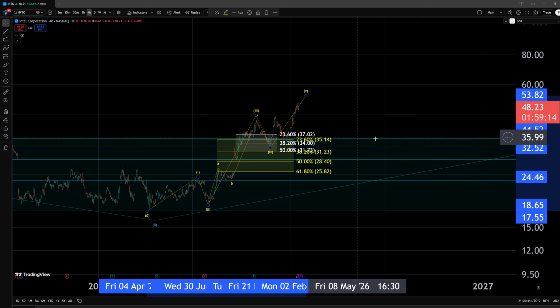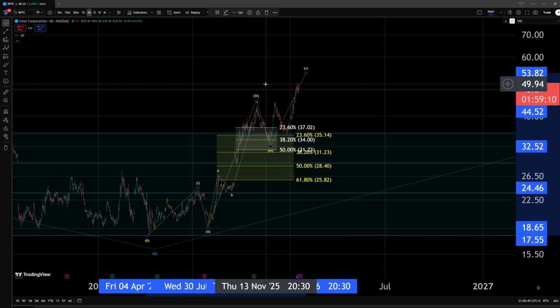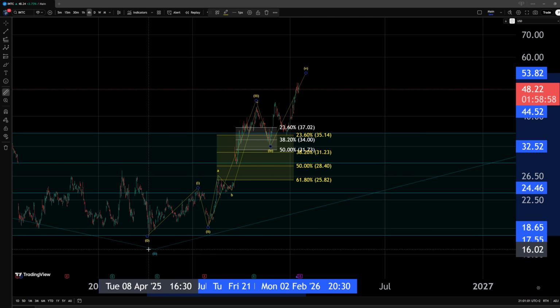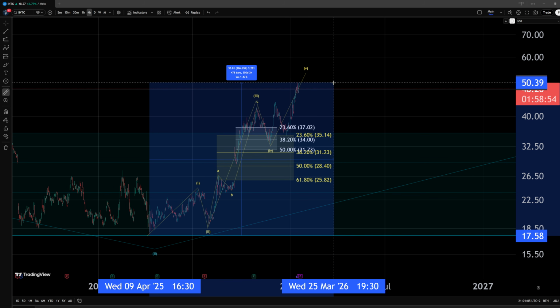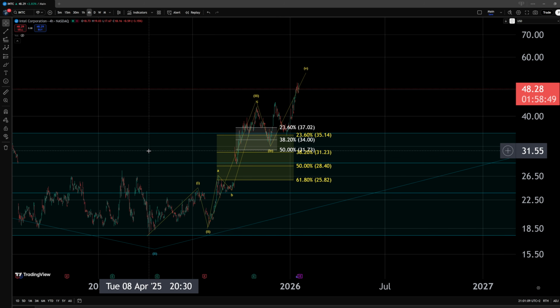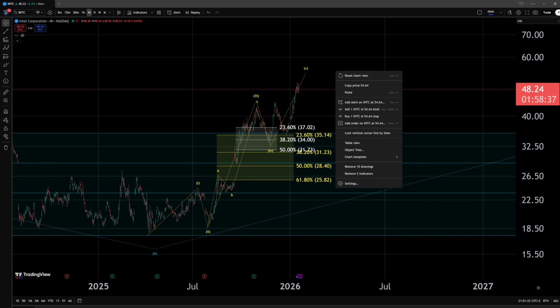Now, I cannot guarantee this will actually play out in this manner, but there are signs that this is coming towards the end of its uptrend. It's not a must, but it is certainly within a risk area. Keep in mind, from the local low we have formed within this wave 2 correction in blue, we have risen nearly 200%. This is in what, like 8 months? Very substantial increase, nothing to actually throw away.